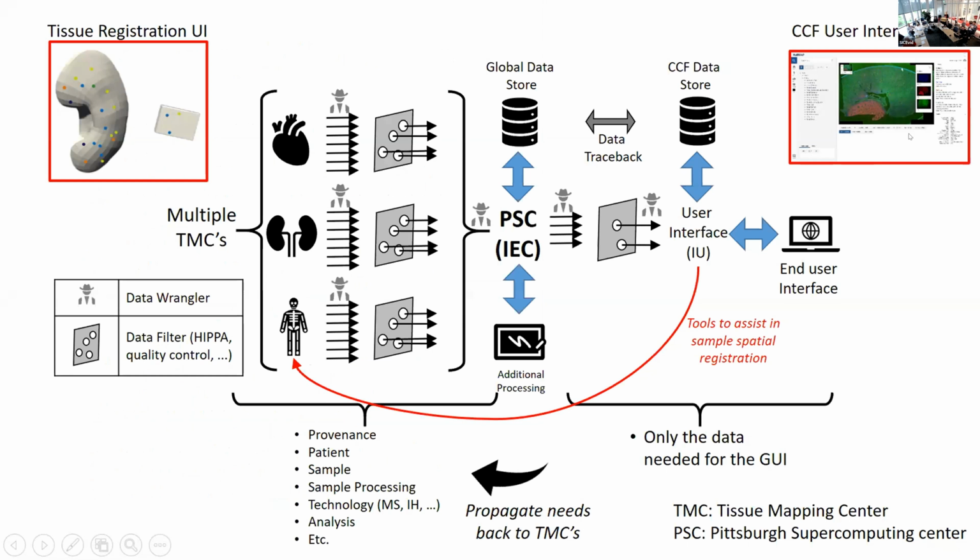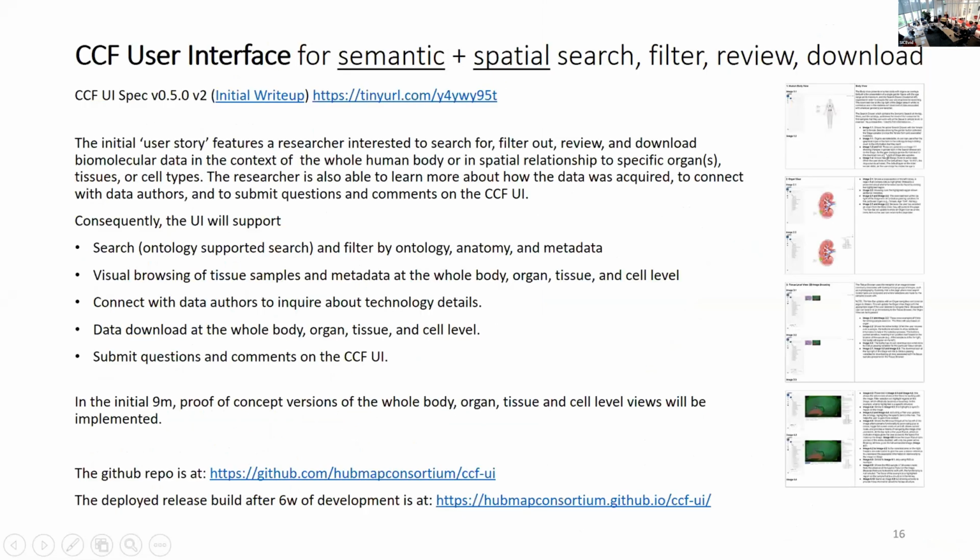But the main focus of today's presentation is the CCF user interface. Here, in our initial 7 months so far, but by the end of 9 months, we will have a fully functional initial prototype, which is meant as a conversation starter and to show what data is available so far within HuBMAP. This user interface supports a researcher who is interested to search for, filter out, review and download biomolecular data in the context of the whole human body, or in spatial relationships to specific organs, tissues, or cell types. The user interface consequently supports search, filter by ontology, anatomy, and metadata, visual browsing of tissue samples, and